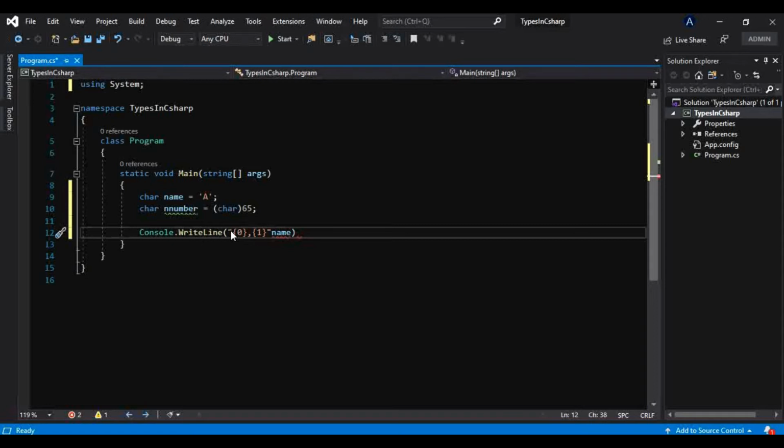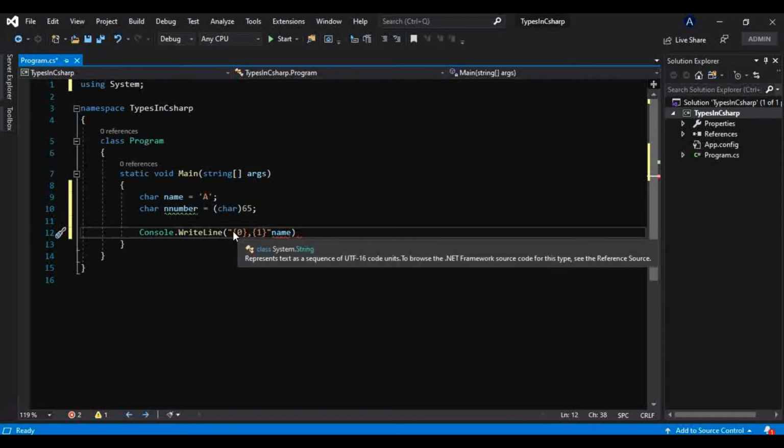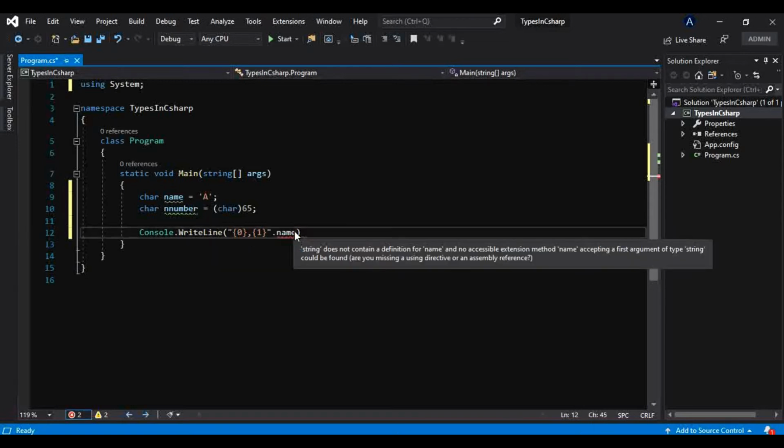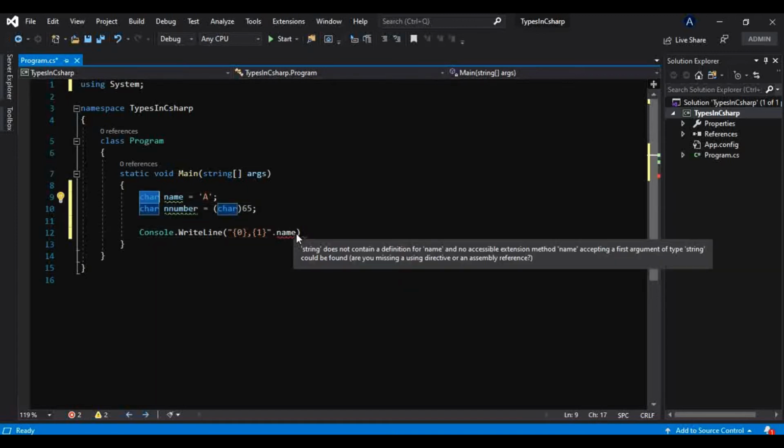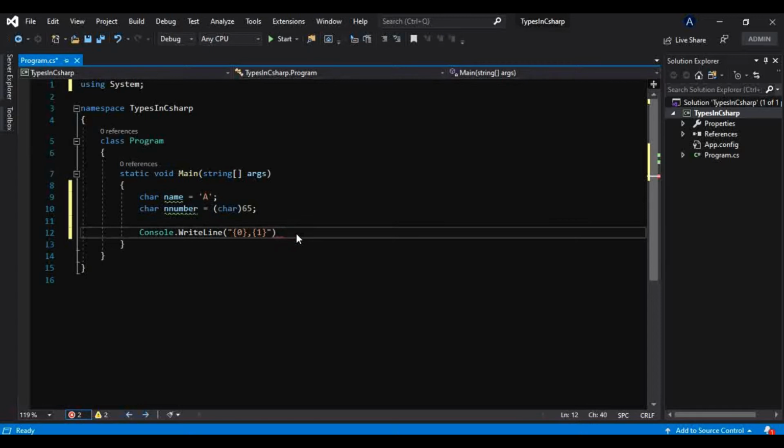So in today's video we will learn everything about built-in data types, but for the data types string and array, and the user definable types, we will have a great discussion in very great detail in our later videos, because those are very vast concepts. And don't worry now about what this placeholder is. Just focus on this concept first, that is what this char means, what this char data type is.